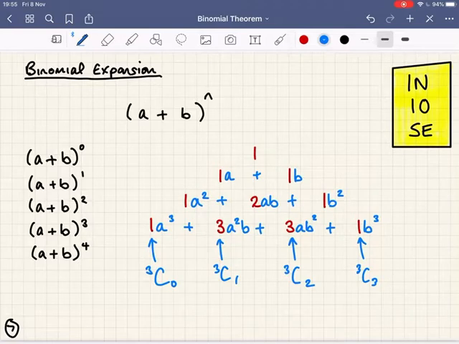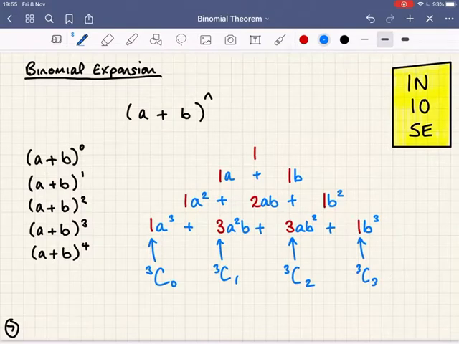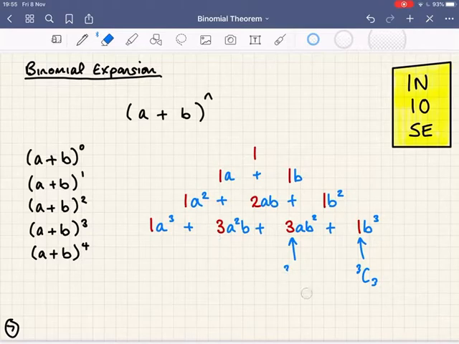And you can probably guess what the expansion of (a + b) to the power of 4 is going to look like using the same pattern. And sure enough, let's write it down anyway, just for completeness' sake. Let's get rid of these so that we can do that. We would end up with, no surprises,